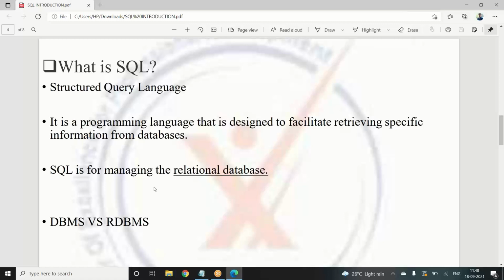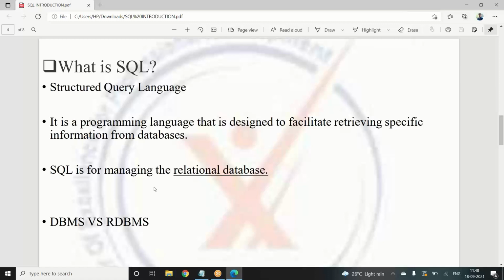We have some information which is stored inside the database, and we want to look at that particular information. Now how do you look into that information? This SQL language is used in order to call out the data which is inside the database and show it on the screen. So SQL is nothing but a language which we use in order to retrieve the data from the databases.